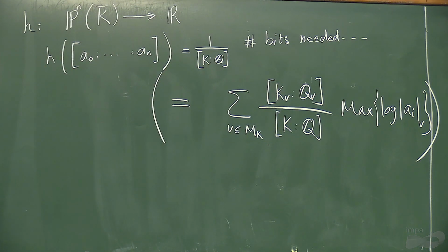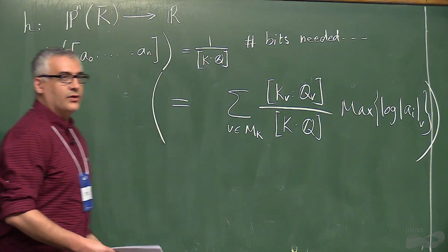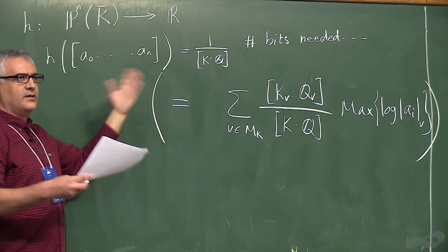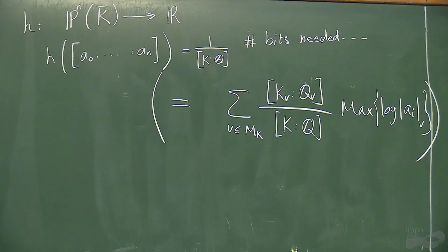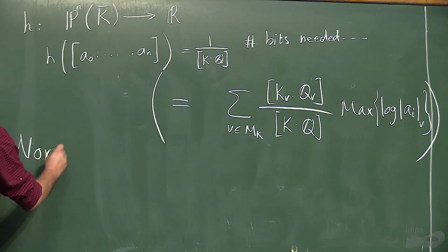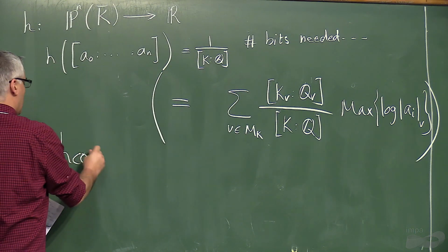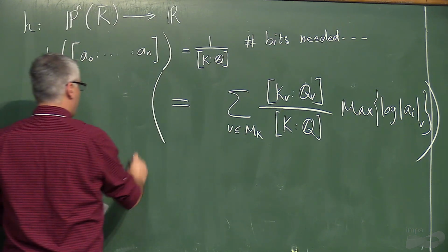There is some product formula, which for Q is essentially unique factorization, that allows you, if you scale things, the contributions are going to add up to 0. Anyway, I don't really care about this formula. You could just write it mathematically. And there's something called the Northcott property, which is the key for the usefulness of height theory. Northcott's property,